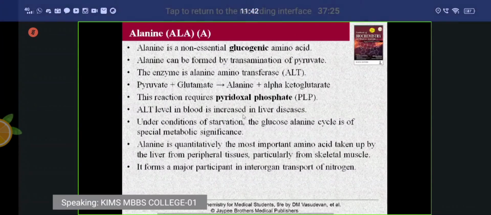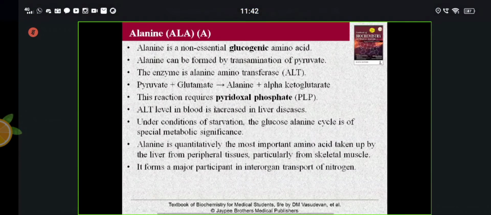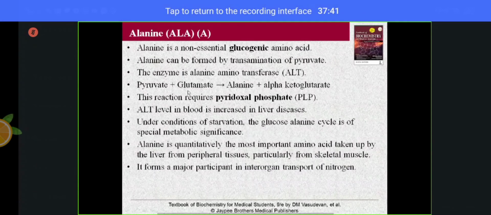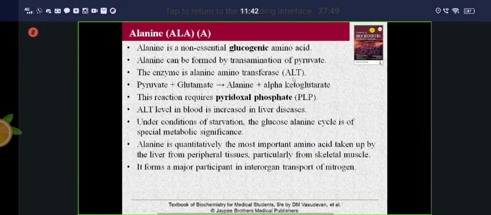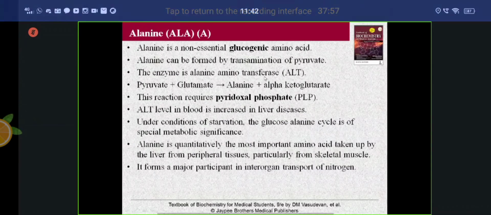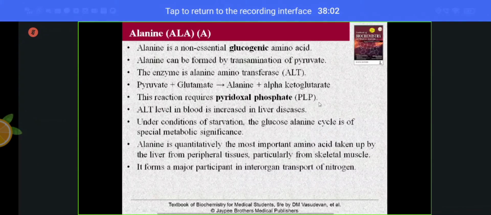This is a transamination reaction, a concept which we always expect as a 4-mark question. So what is transamination? It is the transfer of an amino group between an amino acid and a keto acid, to form another amino acid and another keto acid. Here alanine is the amino acid formed and alpha ketoglutarate is the keto acid. The enzyme name is always aminotransferase, and it requires the coenzyme pyridoxal phosphate.